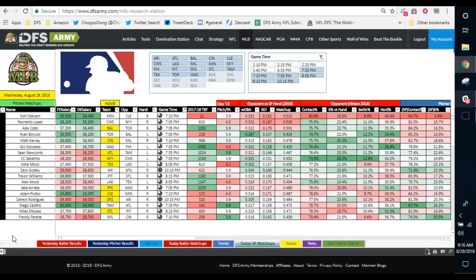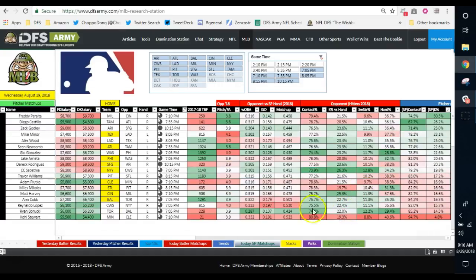Let's dive in. What I do always is search by K percentage of the pitchers once I get to the pitching tab here in the research station, and I start looking oftentimes for priced up pitchers. I see Freddy Peralta, nothing. Sean Newcomb. When I drop down even lower down in here, I start finding issues because when we get lower into the strikeout pitchers, oftentimes it doesn't lead to a lot of K score, which is strikeout percentage plus opponent's handedness strikeout percentage. We do find a little bit of strikeout happy stuff in Milwaukee and in CC Sabathia facing